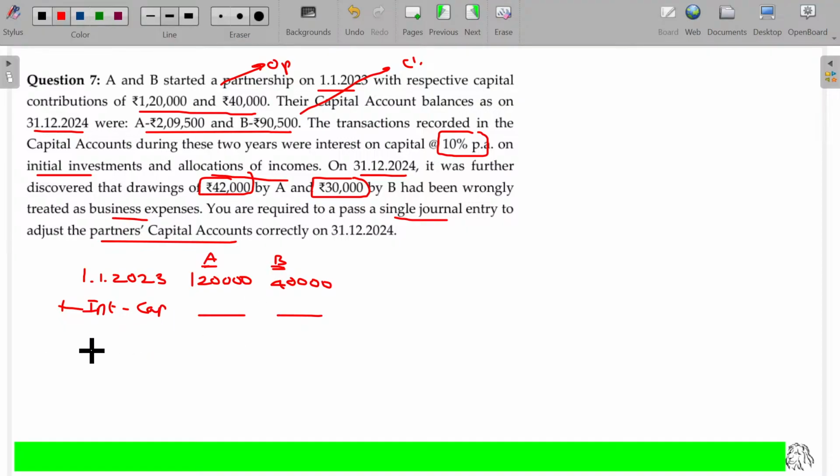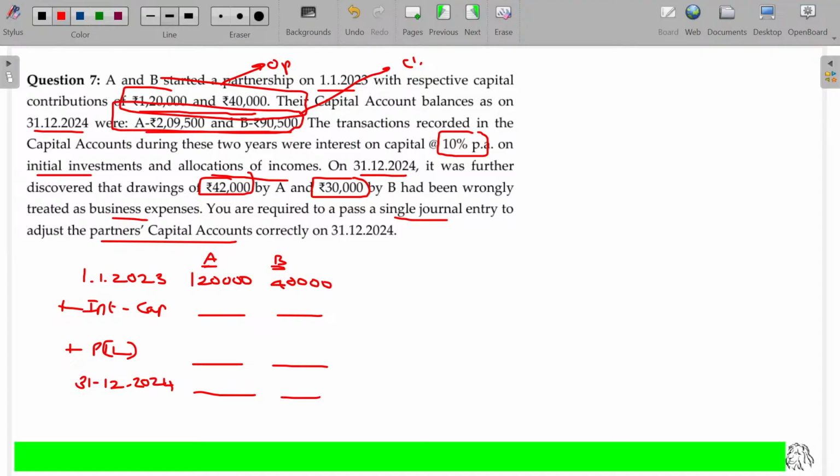and profit and loss account also adjusted. Profit is added, loss is adjusted. The ultimate value is nothing but the closing capital by the end of second year, 31st December 2024. From January 1, 2023 to December 23, 1 year, December 24, another year, so 2 years information. On 1/1/2023, 1,20,000 and 40,000 contributed opening capital, and closing capital by the end of second year,